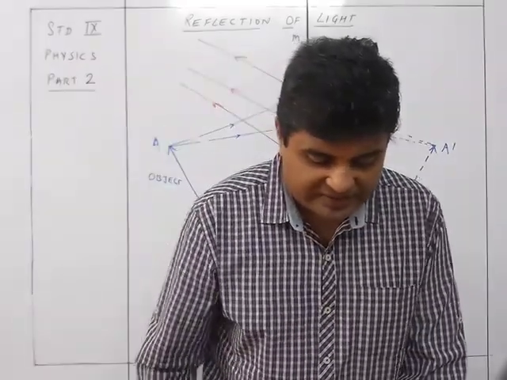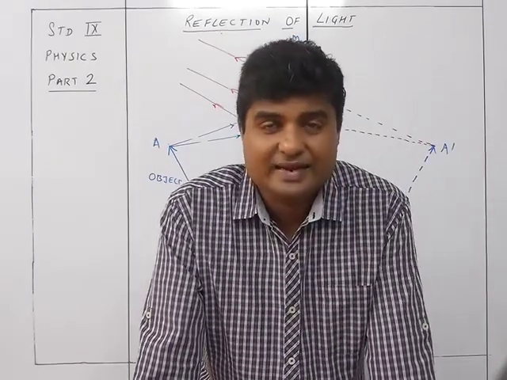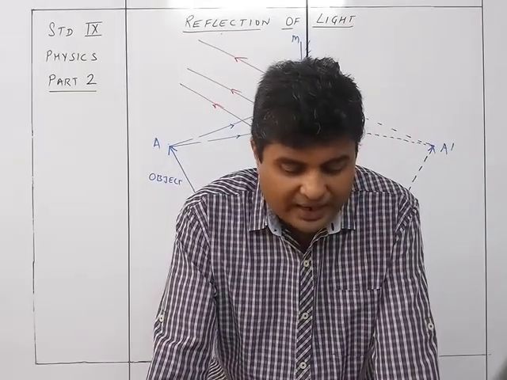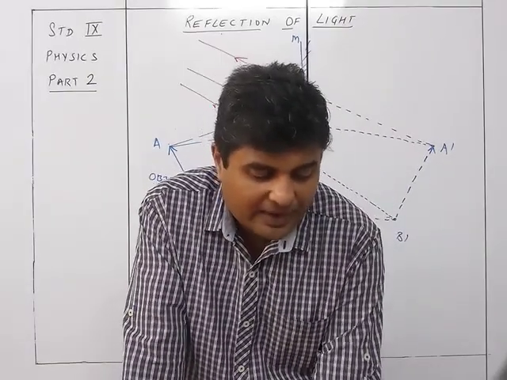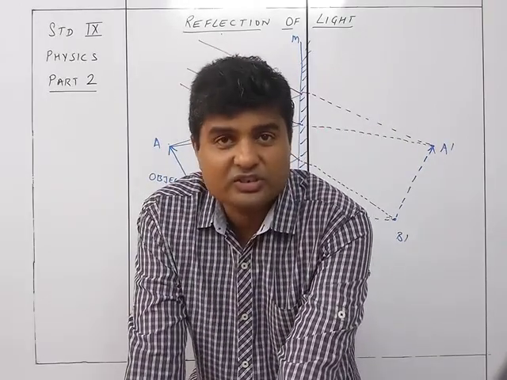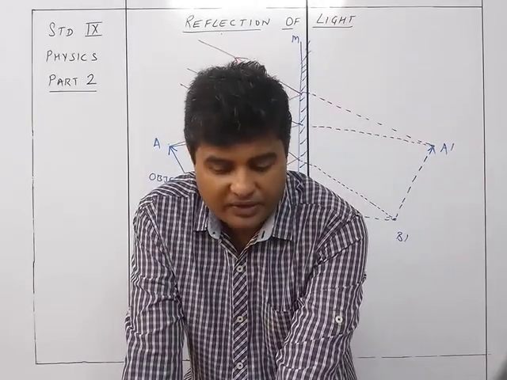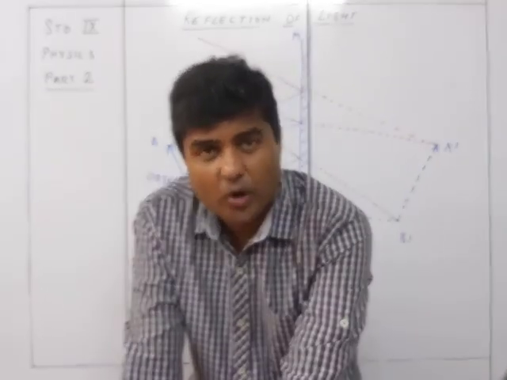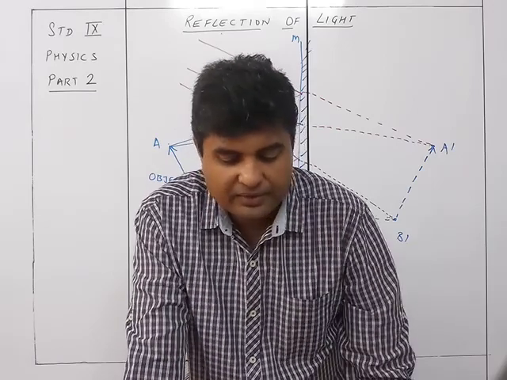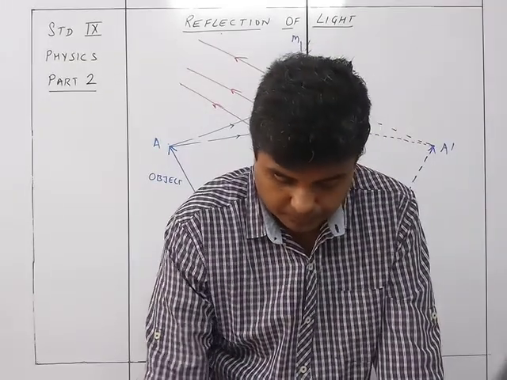So figure number 7.7 is the one which is the image of an extended object. Yes, that is an important diagram to be drawn as homework. So that was your two diagrams which I asked you to draw as homework. Apart from that, you can also draw one more diagram, and that is 7.3. That is about the reflection from plane mirrors, plane surfaces. That is the one which is going to tell you about the reflected ray, incident ray, normal, सब जो marking वाला जो point है वो वाला figure. So those are the three figures which I told you up till now to draw as homework.